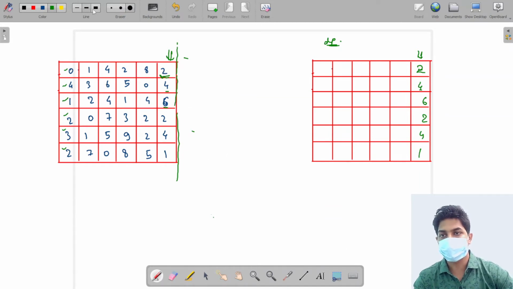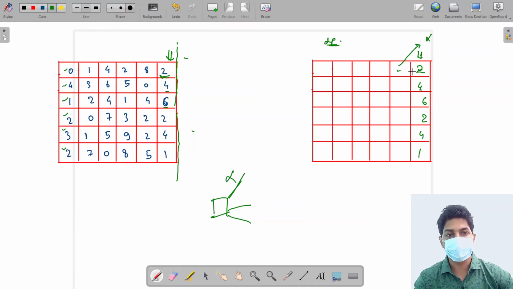Now let's come one step backward. Now if I am in this cell, what are the options I have? Can I go one step in upward direction? No, I cannot go over here because the grid does not exist over here. So for this cell, this particular option is not valid. So I have only two options, that is, either I can go in this direction or I can go in this direction.